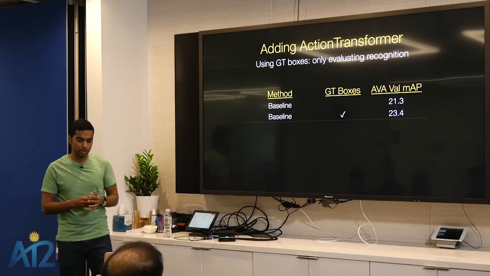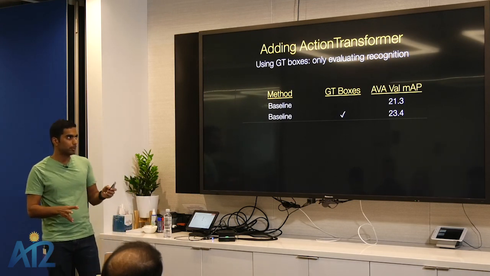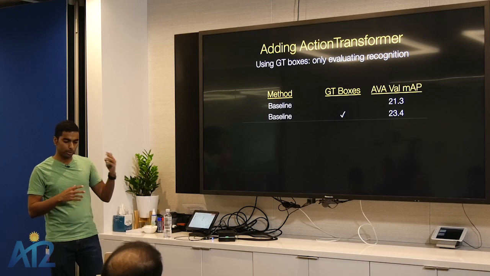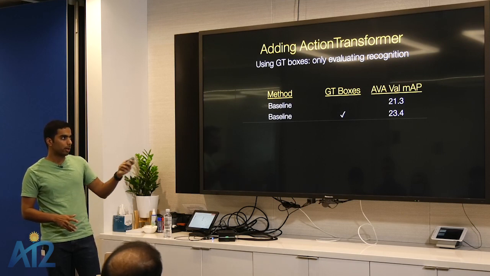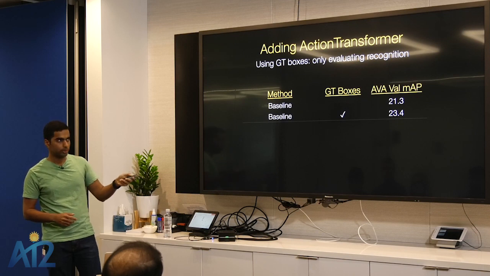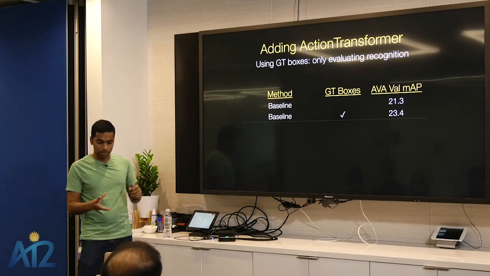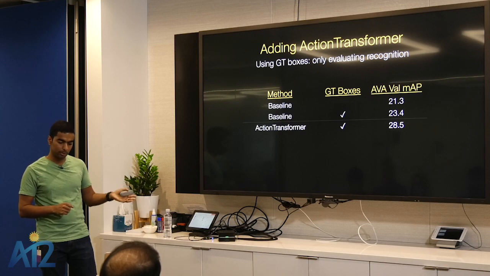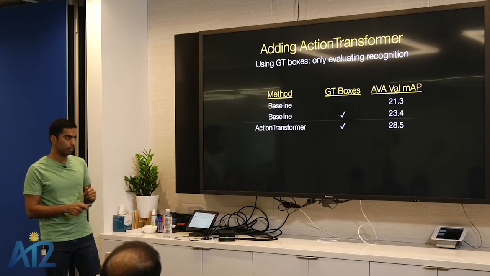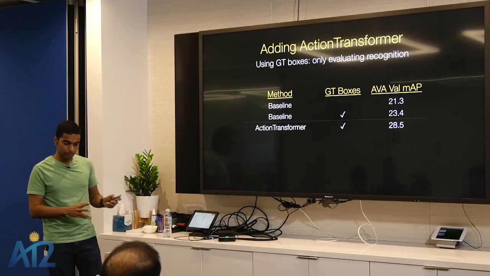The first experiment is comparing it to our baseline model, which was already quite powerful. For the first experiment, let's consider the case where ground truth boxes are known. So we are only evaluating the recognition performance and assuming the detection is already solved. If, in our baseline, we assume the detection is solved, we get a small 2% improvement, which shows that detection is not really the hard problem on this data set. Recognition is the main problem. And now if we add the action transformer head instead of the 3D convolutional head, we get a pretty significant 5% boost over our baseline model, which was quite encouraging given that our baseline model was already pretty strong.